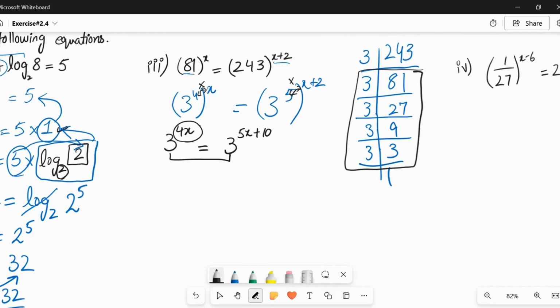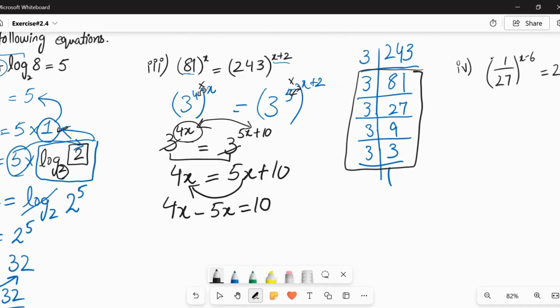Now the bases are same, so the rule is if the bases are same, the powers will be equal to each other, okay। So bases आपके पास cancel हो जाएंगे, you are left with just powers and you'll write it like this, 4x equals 5x plus 10, okay। So now just rearrange it, shift 5x on the left hand side, 4x minus 5x equals 10, and if you subtract this you'll get minus x equals 10, and we want our unknown value to be positive, so we'll shift the negative sign over here, okay। So we'll get x equals minus 10 as our value, okay, easy।